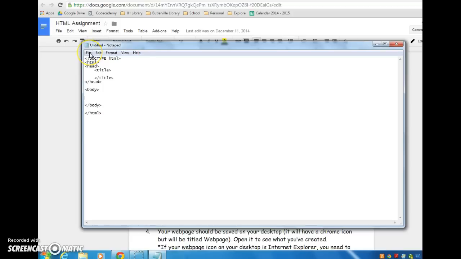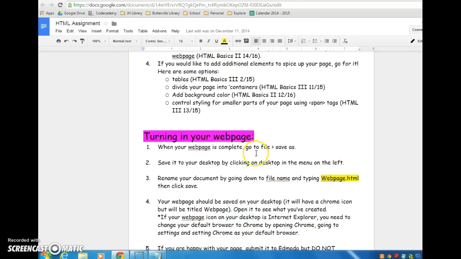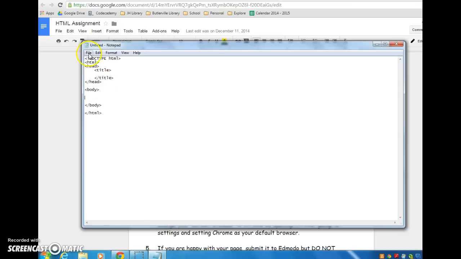So you're going to go up to File. Actually, let me go back and make sure. Okay, this says when your web page is complete, go to File, Save As. You should have already done that prior to now, prior to your web page being complete. So I'm going to go ahead. You want to save periodically. You're going to go to File, Save As,